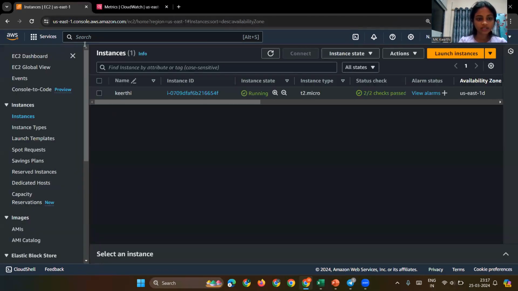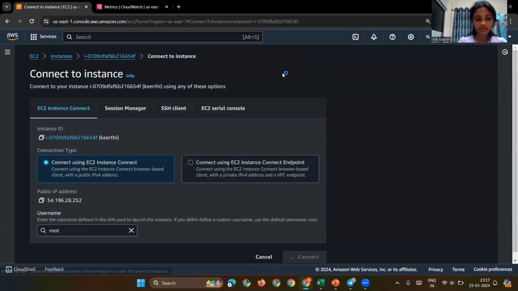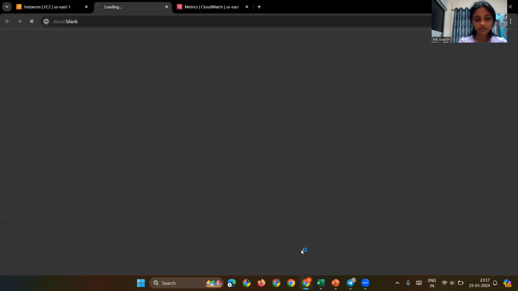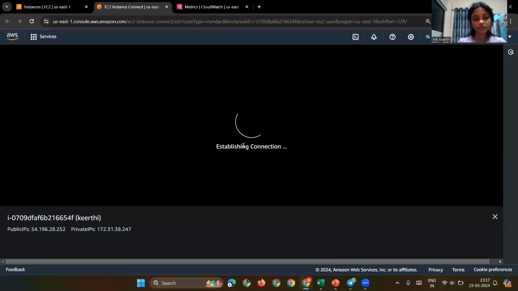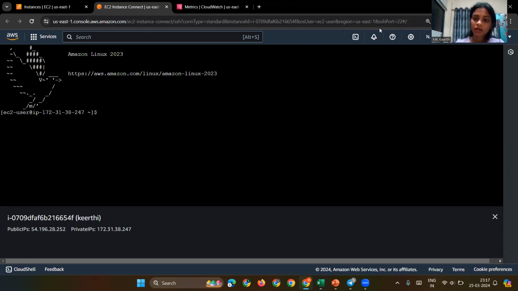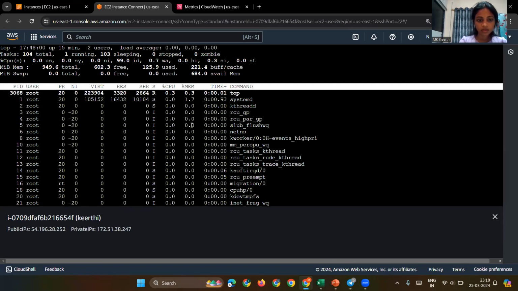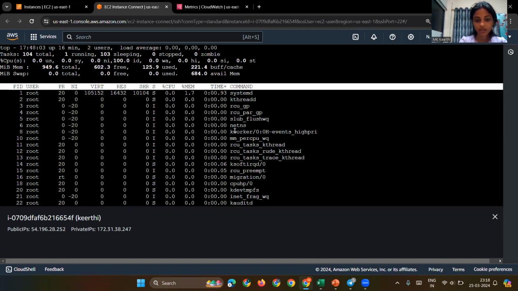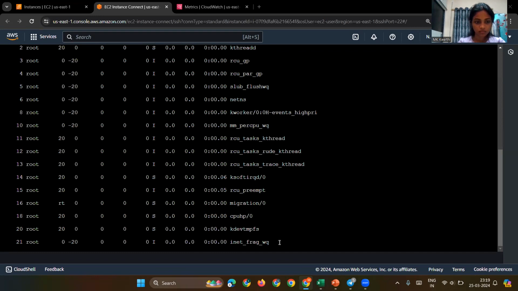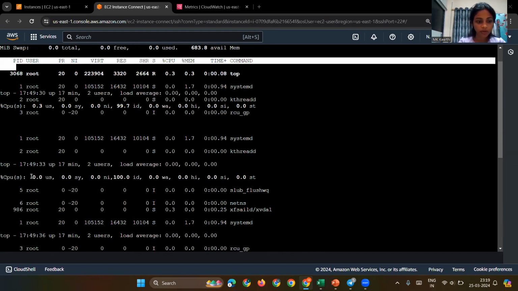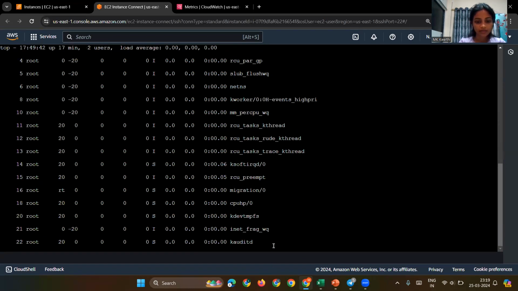And now we need to go back to the EC2 instance and connect this instance. We'll get an established connection. Now we need to type here sudo su and then top. We'll be getting all the tasks we have done. So we can see here the CPU is 0.0 us, and then